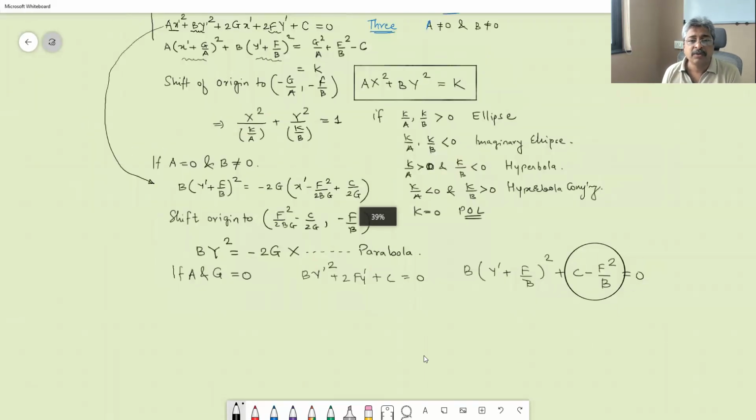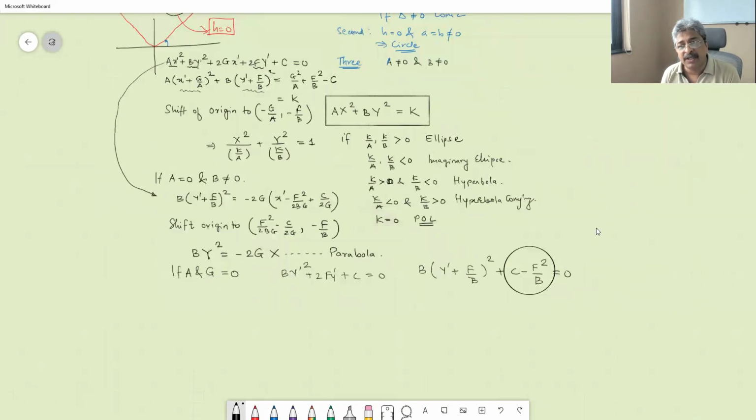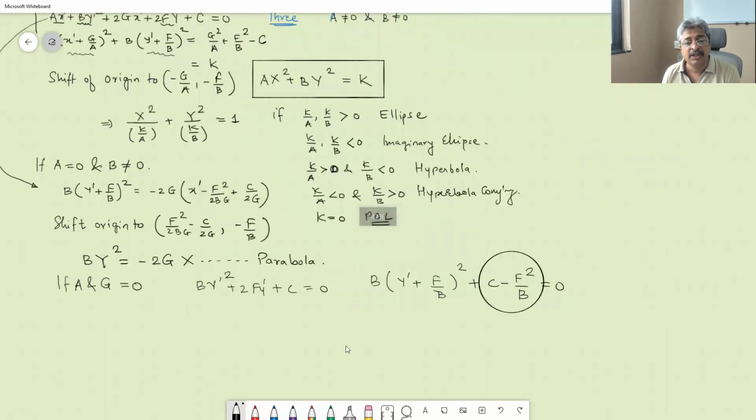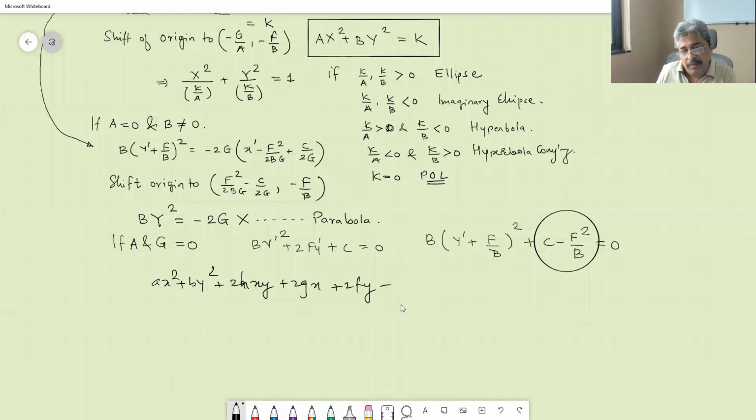Now, the thing which I want to bring to your notice is we have rotated first and shifted origin second. Okay, so if we would have our original equation ax square plus by square plus 2hxy plus 2gx plus 2fy plus c is equal to 0. If, in our original equation, we would have shifted the origin first, then you can quickly analyze and say